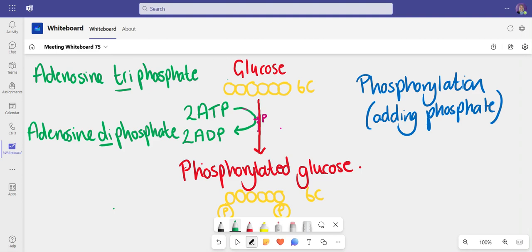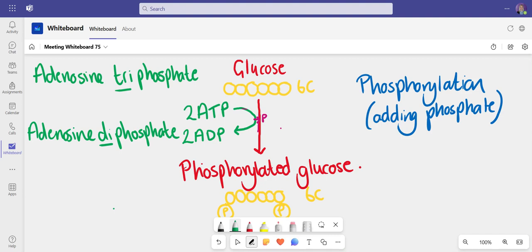So you can see that you could break this down into a series of 3 smaller steps, but this summary here will be fine. I was reading that from your student book. If you want to go into that detail and see what it says, it's just in your student book. Okay, but the most important thing is that from glucose to phosphorylated glucose, we're using 2